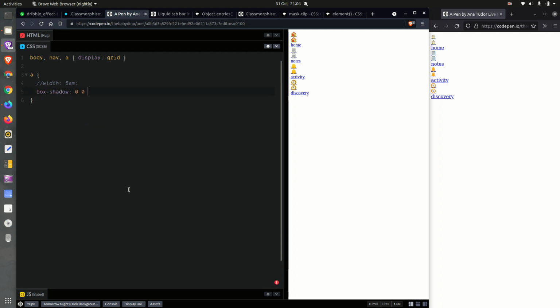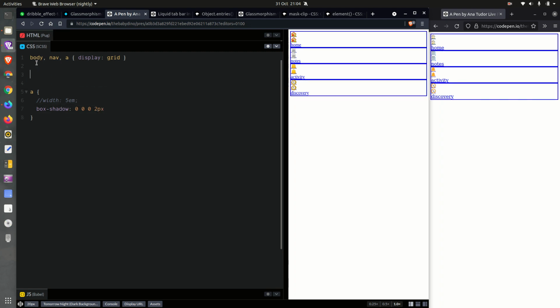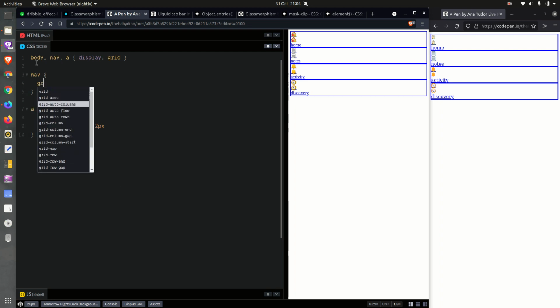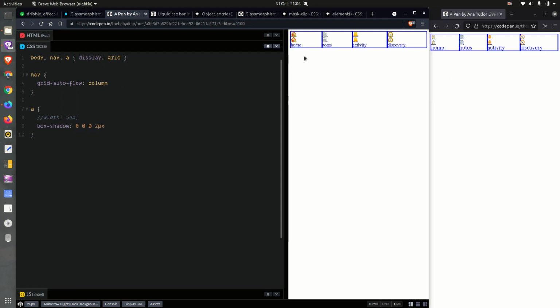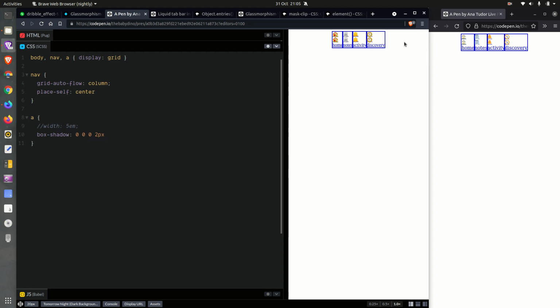So box shadow, something like that, and on the navigation we are going to set grid autoflow column, right? And now you are going to see how the width of each item depends on the text length, and it becomes even more obvious if we set place self center. The default is stretch, right? You can see. But now if we have fixed width,